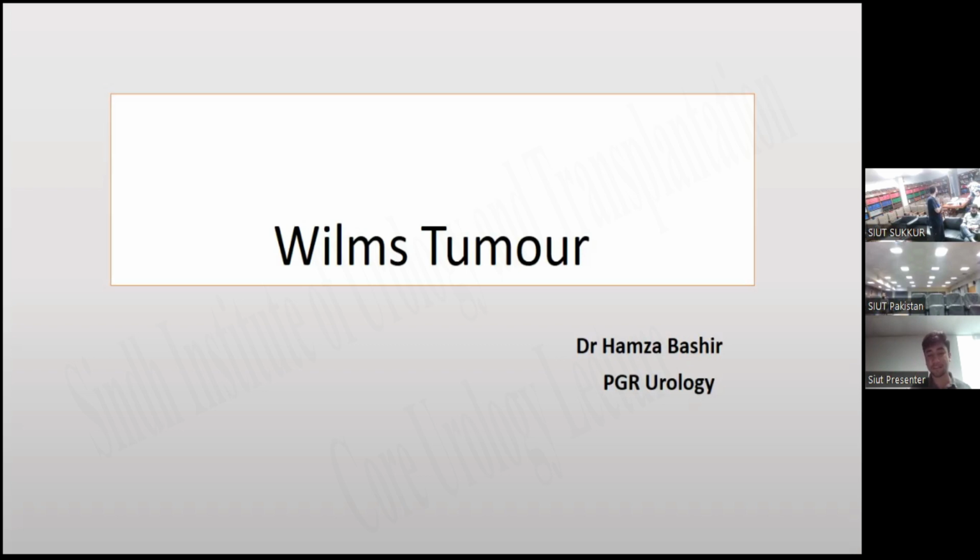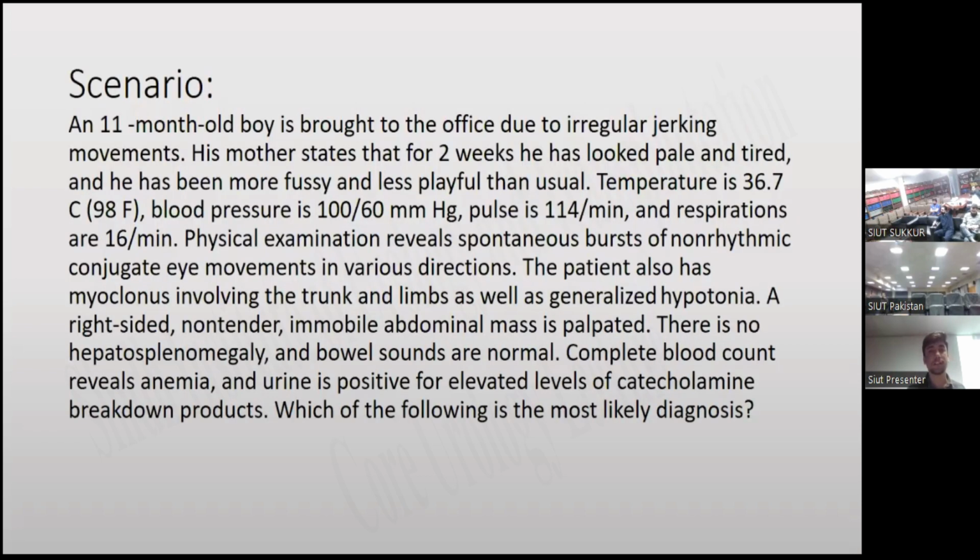Today we discuss Wilms Tumour, its epidemiology, staging, and treatment. So, starting with the scenario,